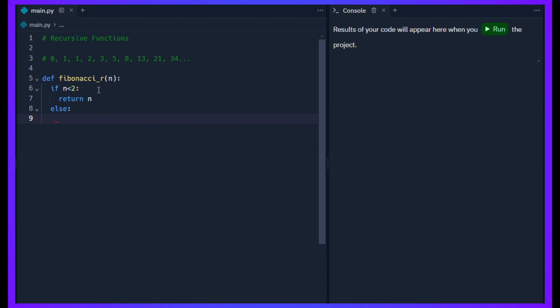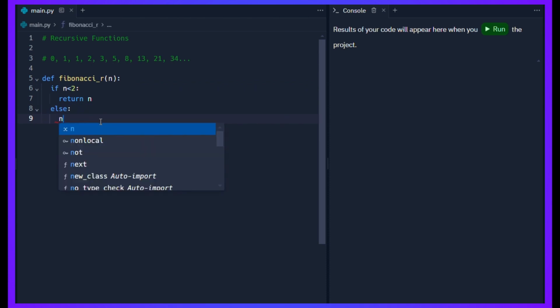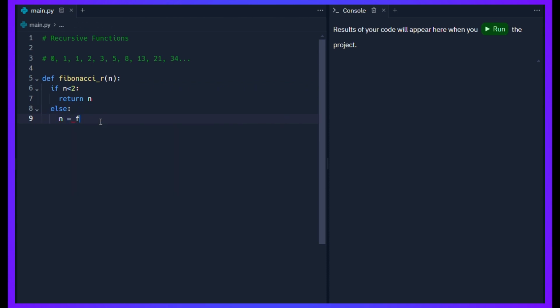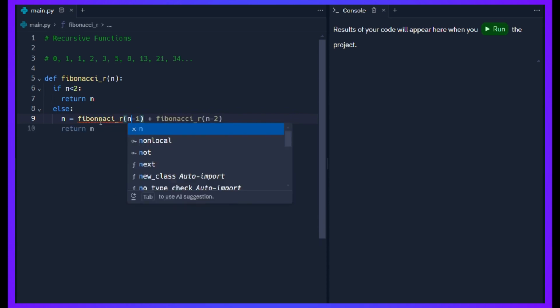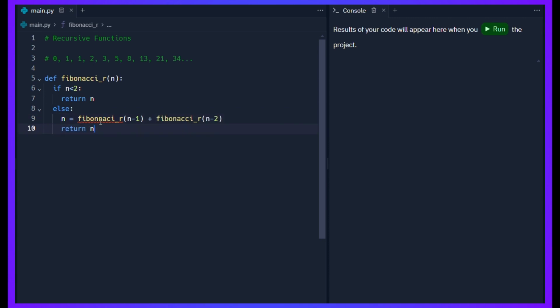So in any other case, this being our base case, for any other case, we're going to return the Fibonacci at n minus 1 plus the Fibonacci at n minus 2. And then we're going to return this to our code. So let's say if we have 9 numbers, which is 10 minus 1,